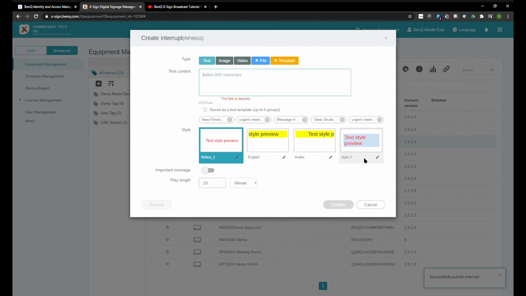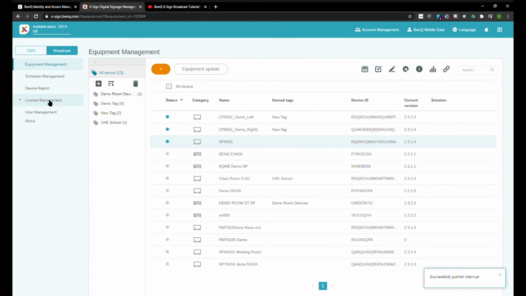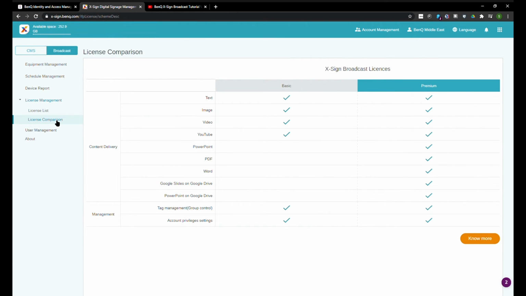Let's see what's the difference between the paid premium license and the free license. So I'm just navigating to the license management page, and in here I can see the license comparison option. Just click on that and it will show you what are the differences between the basic and the premium licensing options. In case you require a premium license, you can contact your supplier and he will be able to